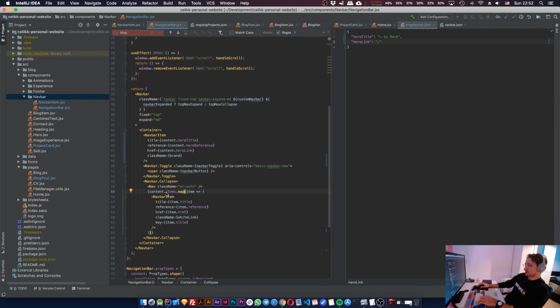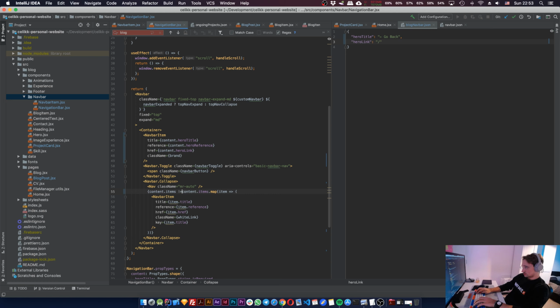Well, we don't have anything like Kotlin in here. So I could do if... Can I not do an if statement in here? Perhaps not. Okay. Maybe we could do content